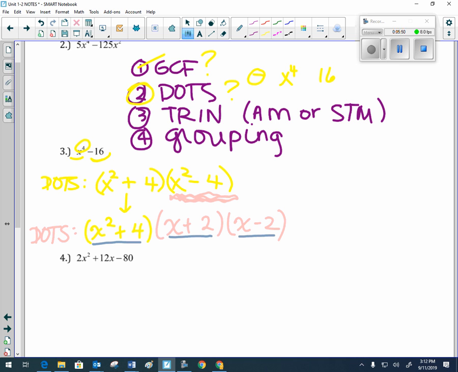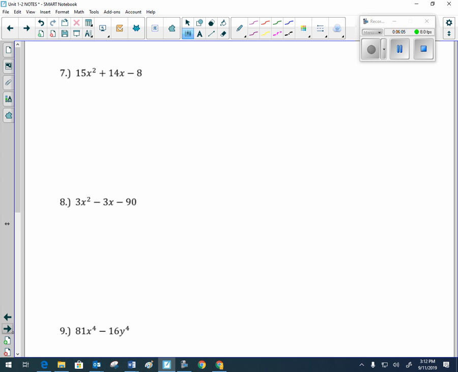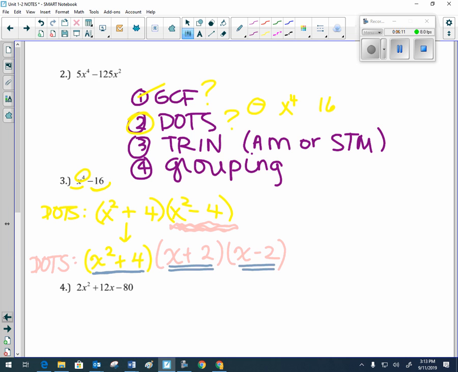x to the fourth minus 16, our original problem, factors into x squared plus 4, times x plus 2, times x minus 2. I'm going to skip question 5, and I'm going to go on to question No, I take that back. I'm skipping 4 and I'm going on to question 5. So on question 5,